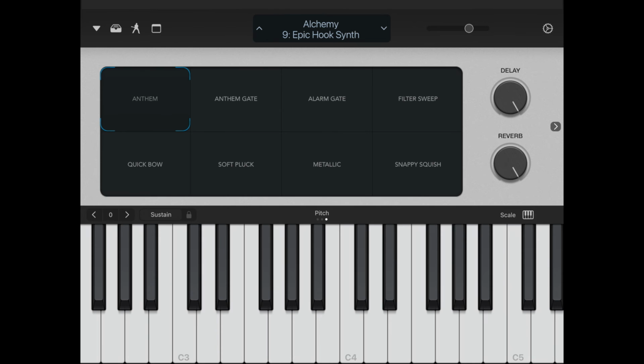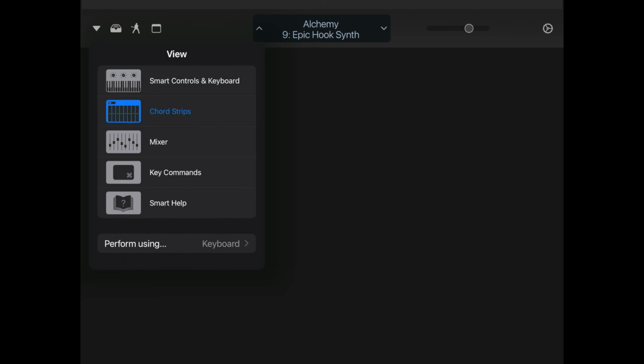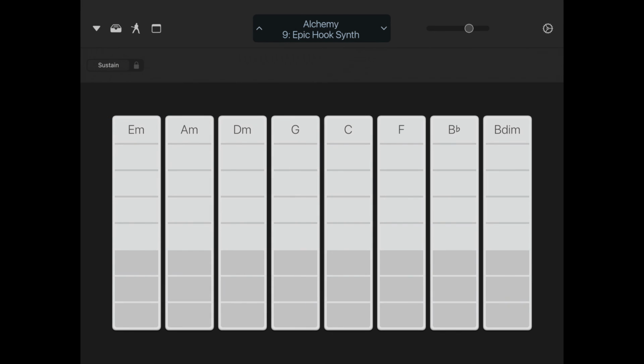And then if we keep going from there, back to the disclosure triangle, I'm going to look at the chord strips. So this will probably look familiar if you've used GarageBand on the iPad before. This is how you can play different types of chords. If I click these, it's going to instantly play that chord that's highlighted there. And you can just do different types of the chords using these chord strips,